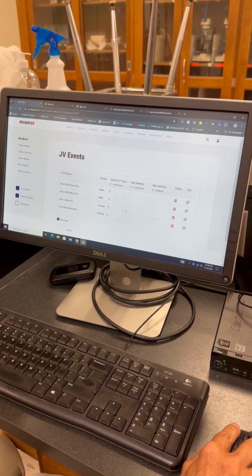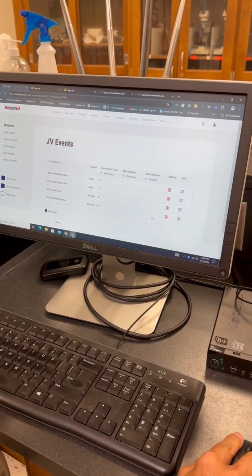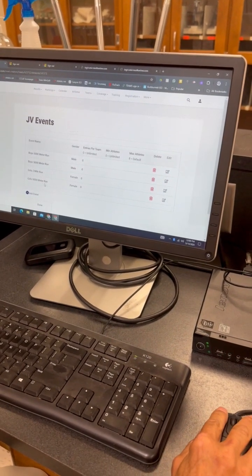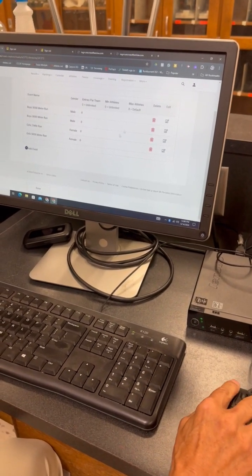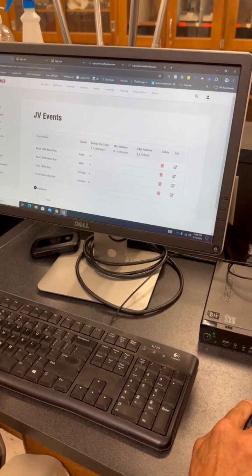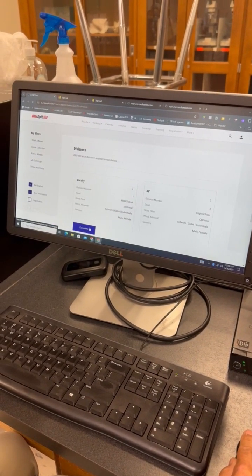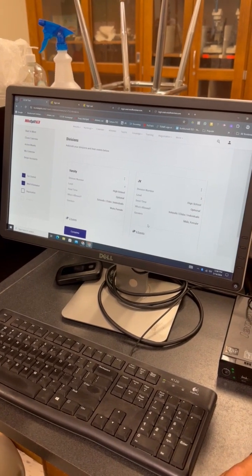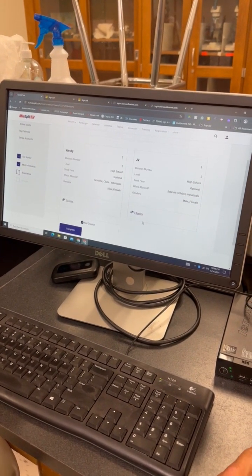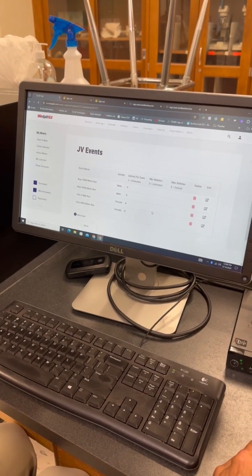So let's say the JV girls are going to run 2 miles, but your varsity girls are going to run 5K. If you're in the smaller schools, obviously you'd want this to be a girls 2 mile as well. Okay. Once that is done and your events are set, then you hit done. And now you've got it situated. And like over here, you can see that there's 4 events,